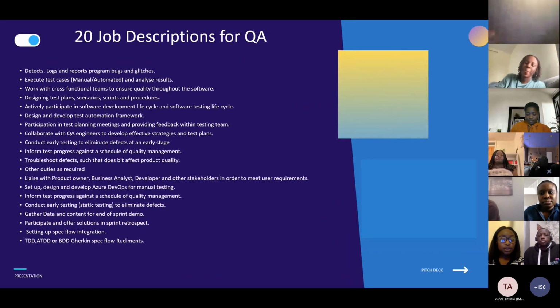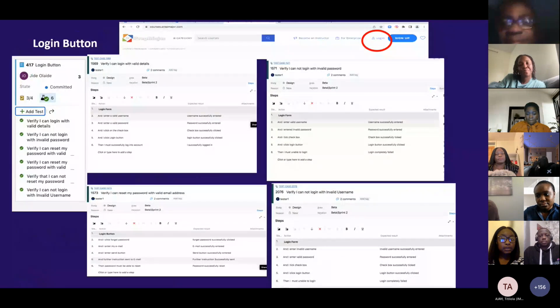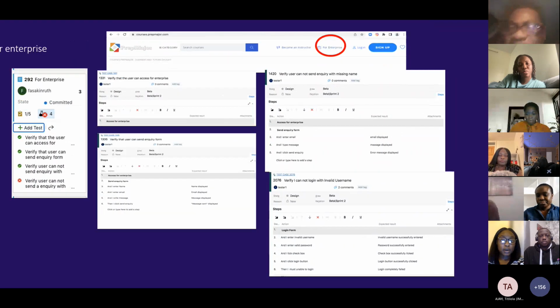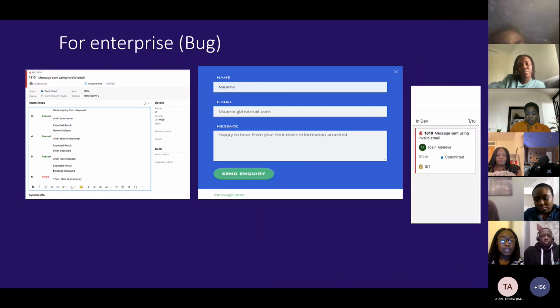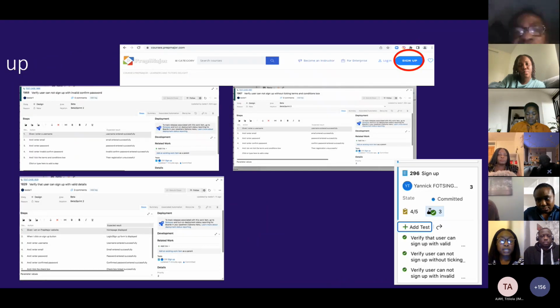These are the 20 job descriptions. Next, please. These are one of our test stories, user stories, and the steps that we carried out. Next, please. This is for enterprise and the steps that we carried out. This is the bug that we detected, and this is a screenshot of it on the website. Next, please. This is the sign up button.